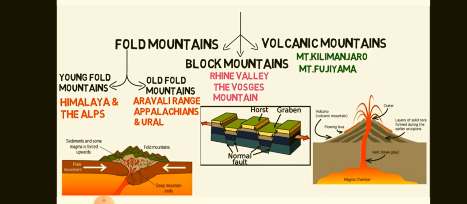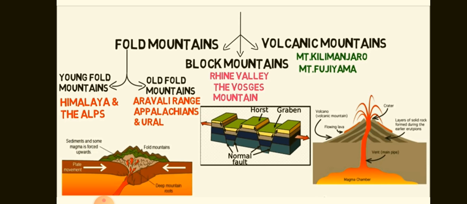Mountains vary in their heights and shape. There are three types of mountains: fold mountains, block mountains, and volcanic mountains. The Himalayan mountains and the Alps are young fold mountains with rugged relief and high conical peaks. The Aravalli Range in India is one of the oldest fold mountain systems in the world. The range has considerably worn down due to the processes of erosion. The Appalachians in North America and the Ural Mountains in Russia have rounded features and low elevation. They are very old fold mountains.